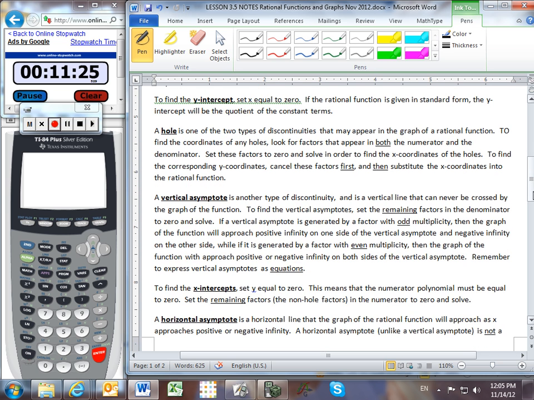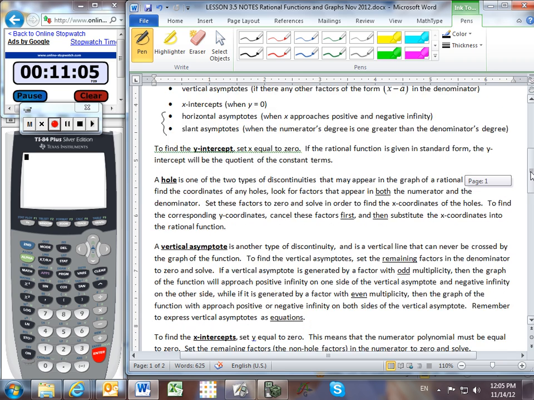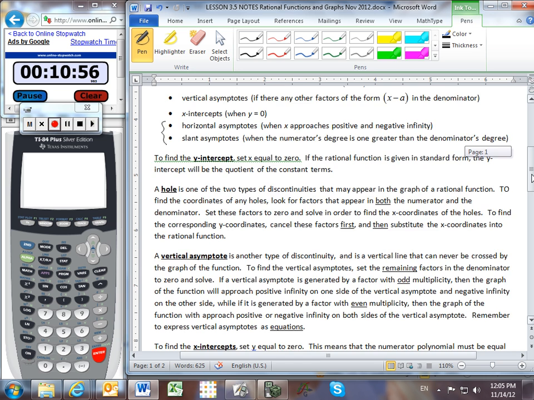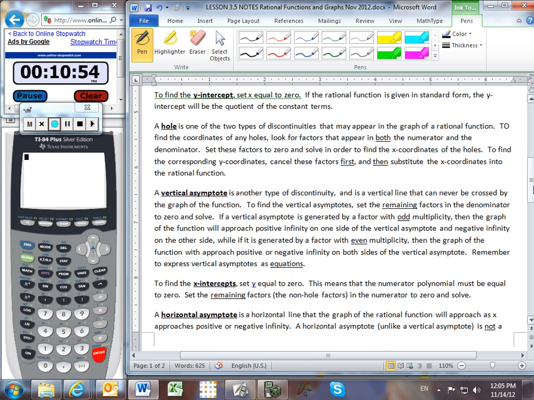As I was mentioning before, a hole is a type of discontinuity, and holes will occur when we have a factor in both the numerator and the denominator. And so we can find the x-coordinate of the holes by setting that repeated factor on the top and the bottom, like we had in the first example, this x plus 5, equal to 0. This repeated factor would create a hole. If x plus 5 was equal to 0, then we would have a hole where x is equal to negative 5. The corresponding y-coordinate